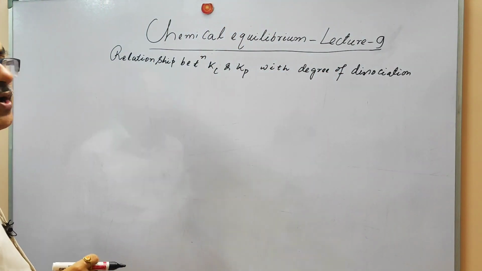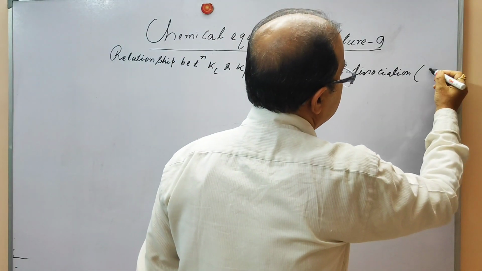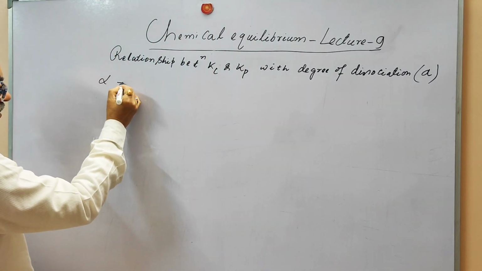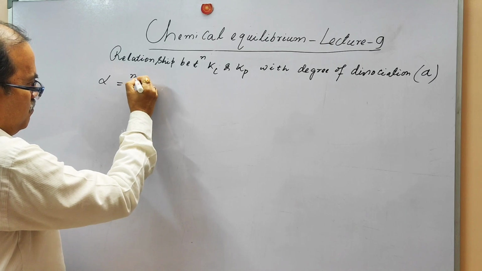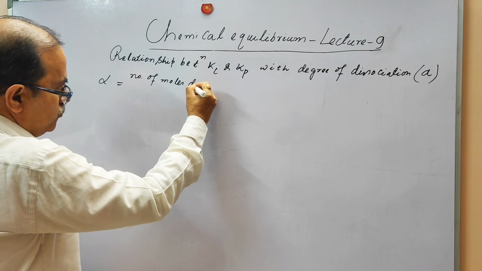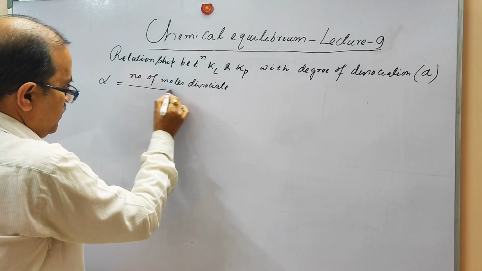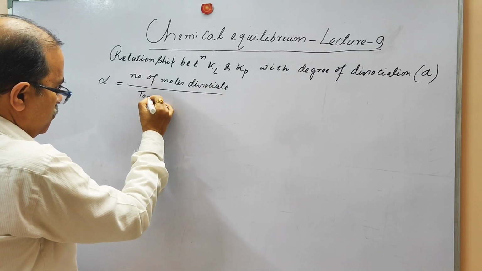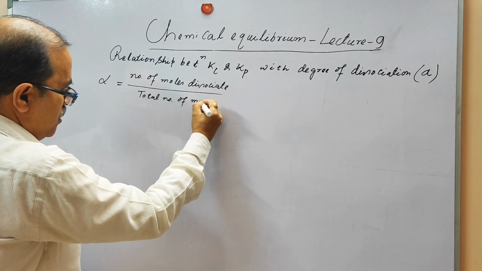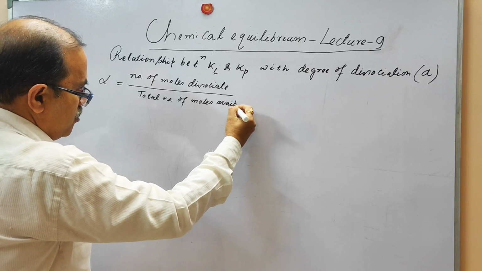First, let us understand what we mean by the degree of dissociation. Degree of dissociation normally has been expressed with alpha. Degree of dissociation means the number of moles dissociated divided by the total number of moles available. This is the degree of dissociation,